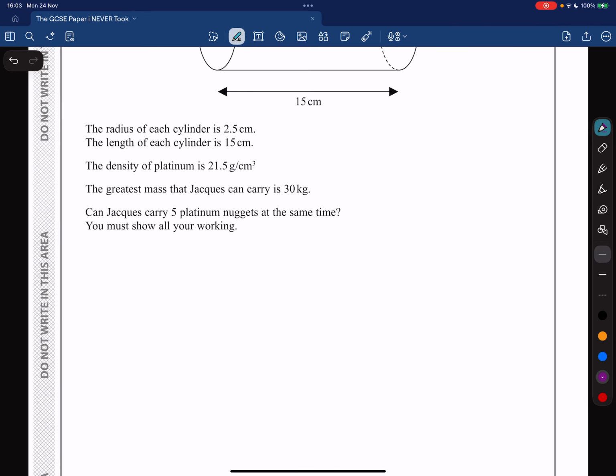Okay, so the volume of a cylinder is equal to pi r squared h, which is equal to pi times 2.5 squared times 15, which is equal to